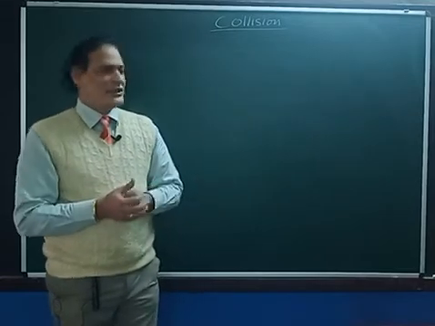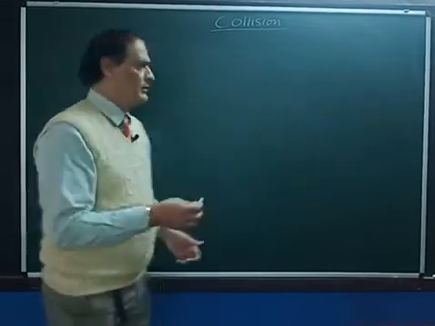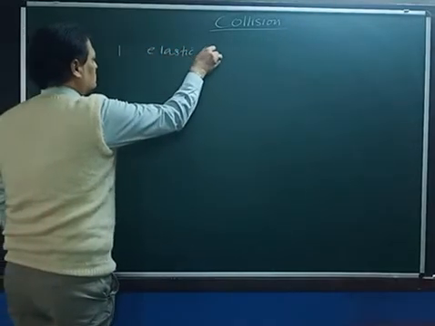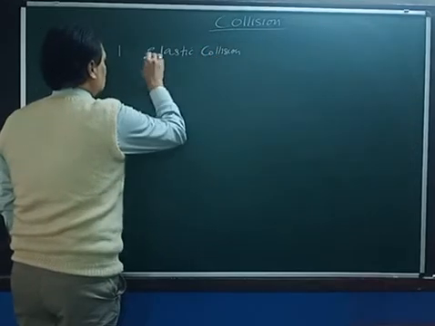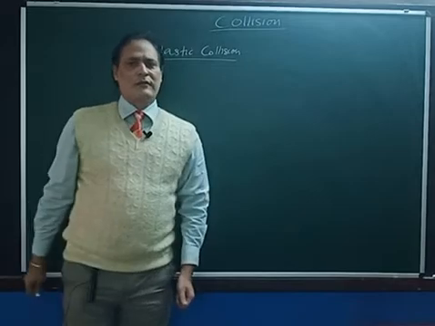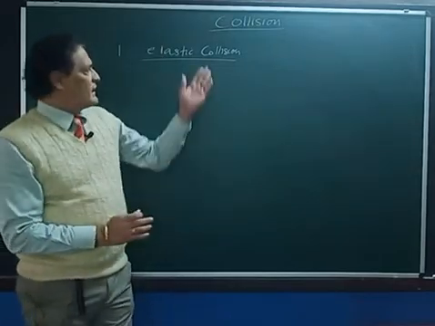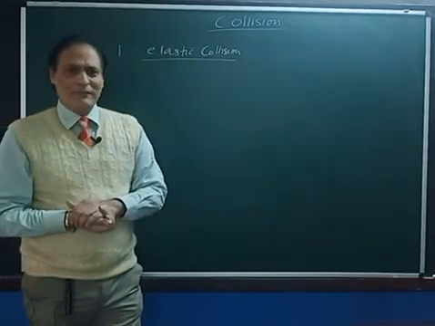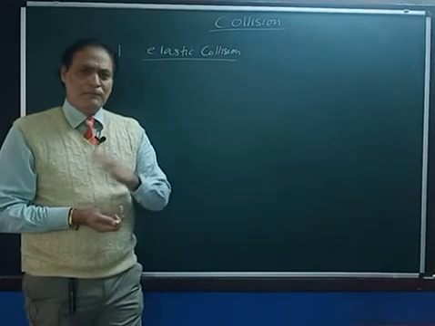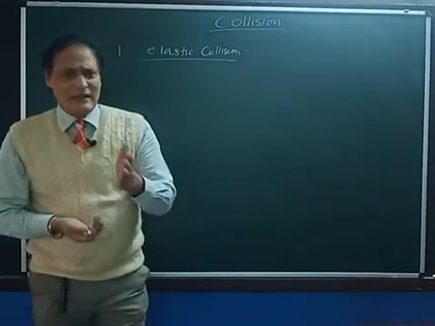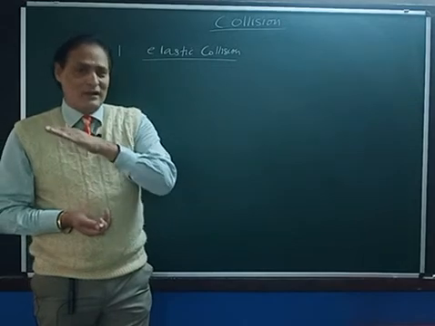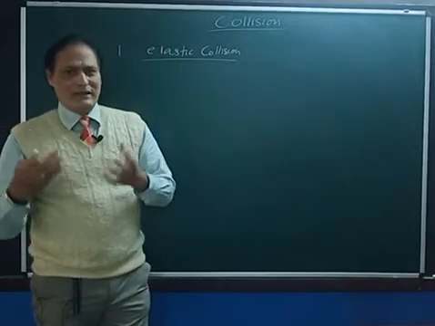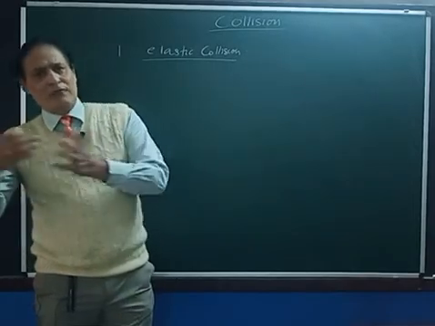So if we classify collisions, the first type is elastic collision. In elastic collision, two objects or bodies collide in such a way that the momentum as well as the kinetic energy of the system remains the same. It means when two objects collide, the total momentum and kinetic energy before the collision and after